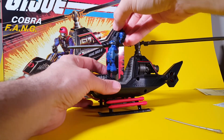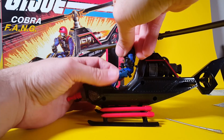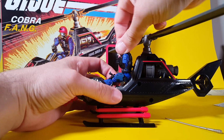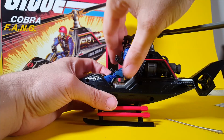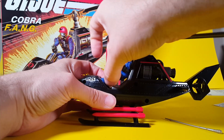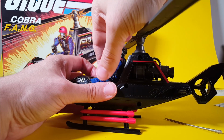So he can peg into the back. You put your legs in here, in the holes, and then he's got a peg. Does he reach it? Why can't I get his... And there goes the head again. I'm telling you, this helmet is a pain in the butt. I honestly, to some degree, would just like to have it sculpted on. So why does not he...